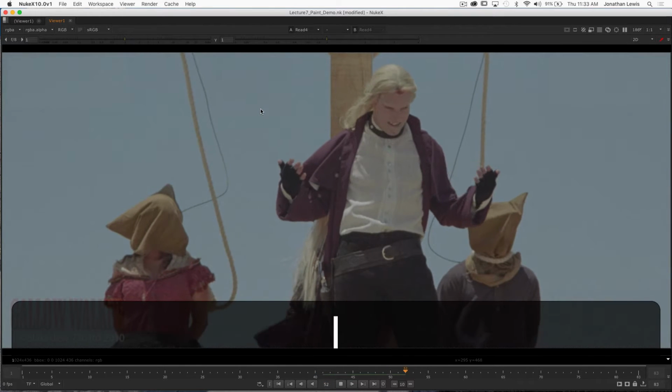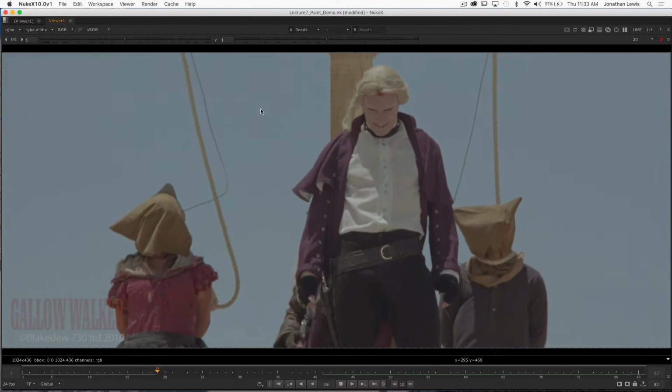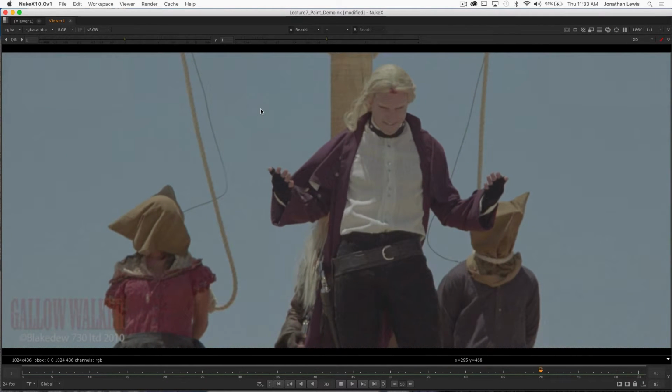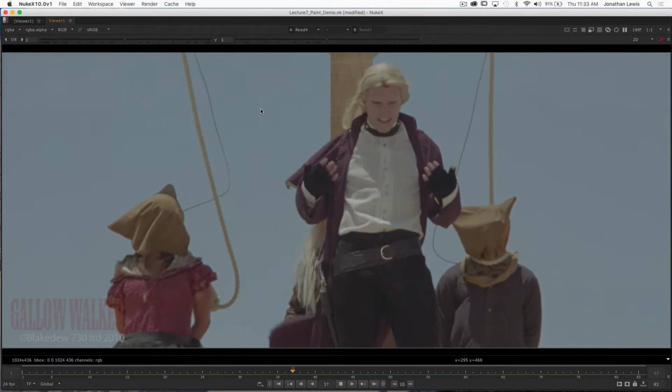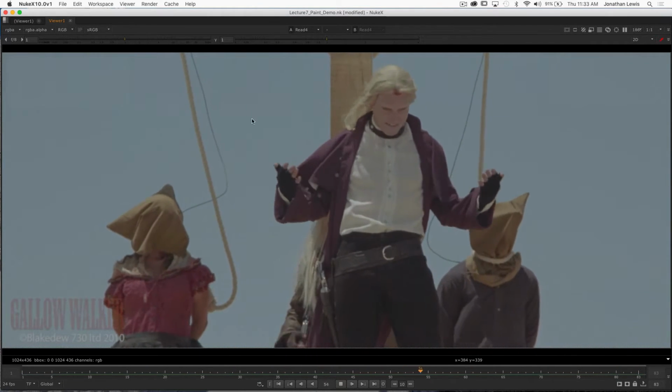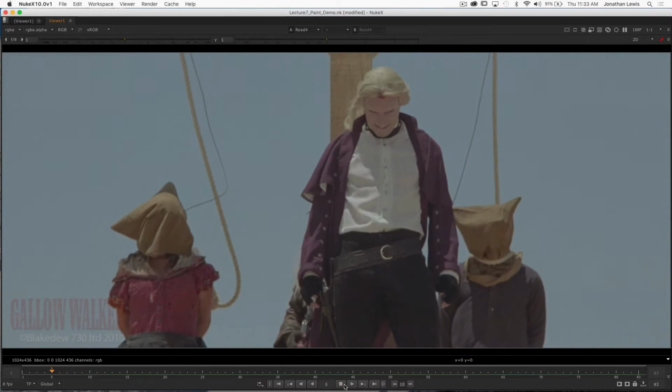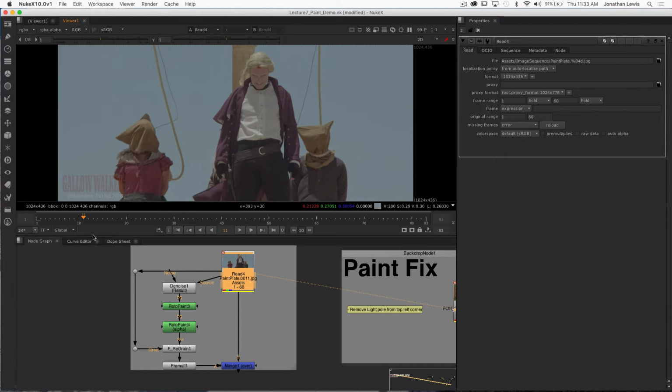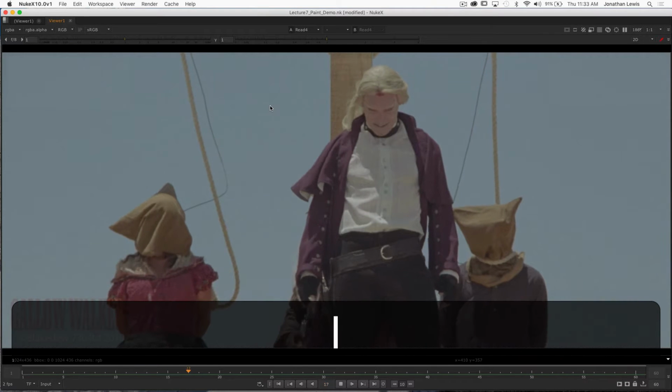And this is from a movie called Gallow Walker. Now you'll notice it gets to the end of the clip and you see how it just holds on the last frame. One thing that you're going to want to do in your viewer is set your viewer time range to be the input of the clip. So right here where it says global, if you set this to input, it's going to default to the frame range of your read node's input. So now if I play through it,